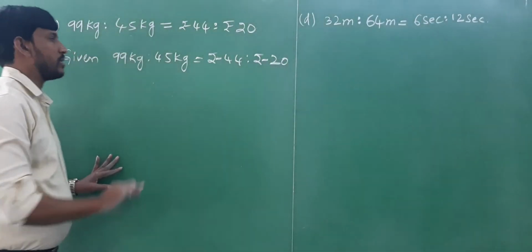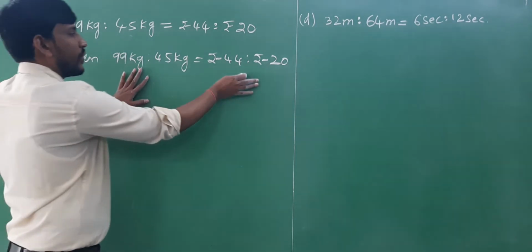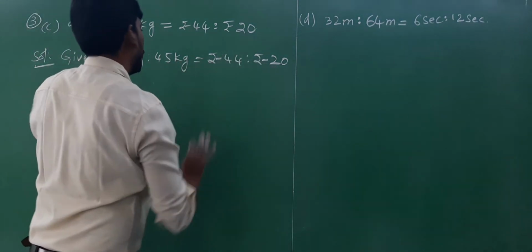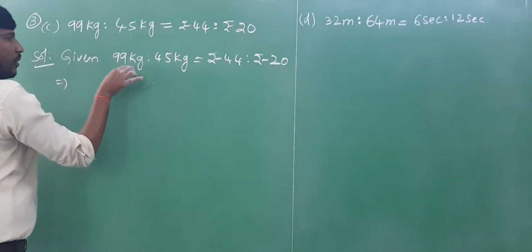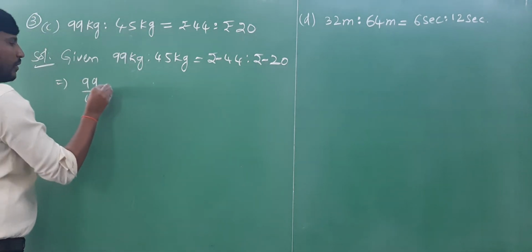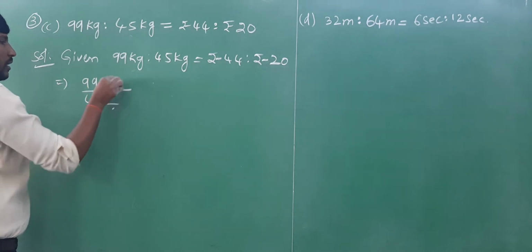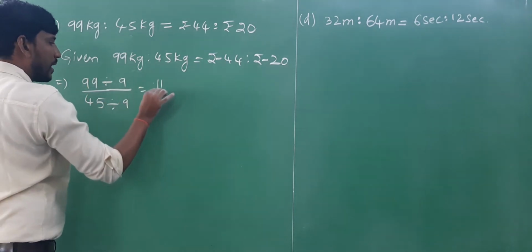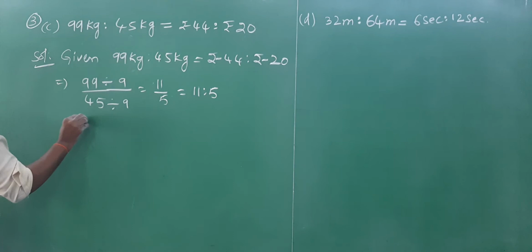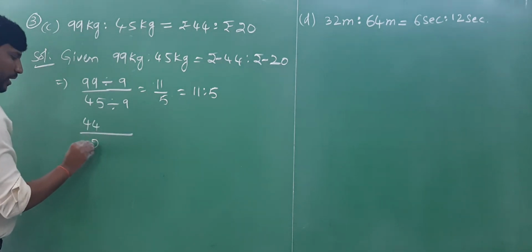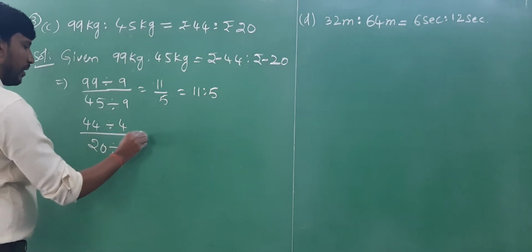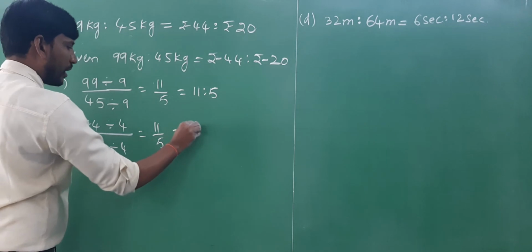See, one is in rupees, the other is in terms of kgs. Two different situations, but same quantity, same unit within each ratio. Both are kgs, both are rupees. Now, first of all the left hand side. 99 divided by 45, both are divided with the 9 table. 9 11s are 99, 9 5s are 45, which implies 11 is to 5. And the second one is 44 by 20, let us divide with 4. 4 11s are 44, 4 5s are 20. So we got 11 is to 5.